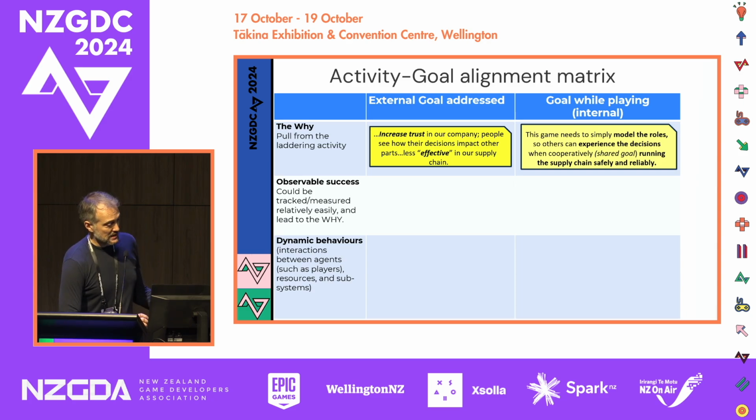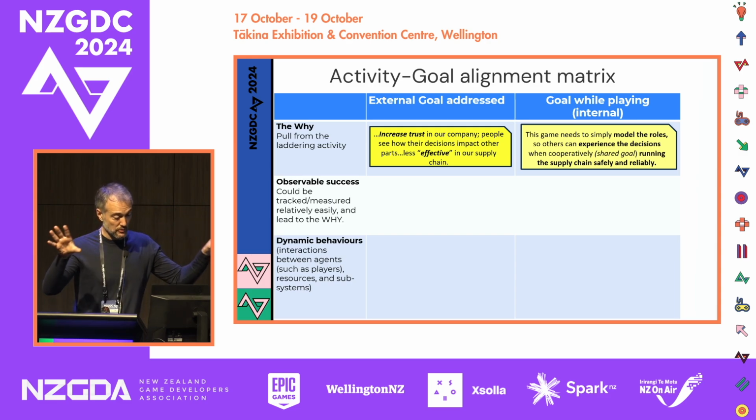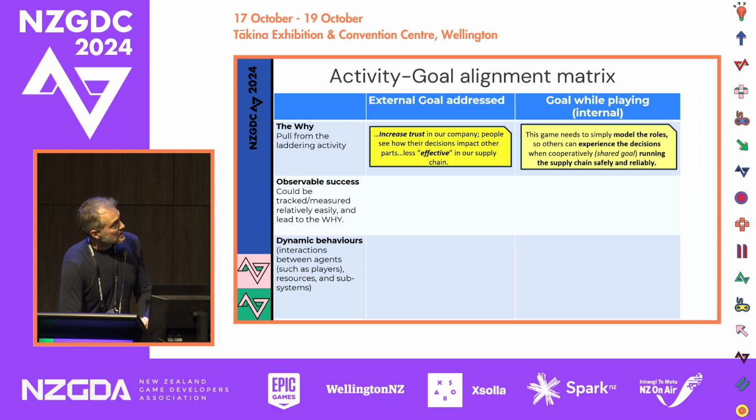Basically, outside of the game, we want them to increase trust in our company, right? That's an ultimate goal. And I'm not trying to say that playing a game is going to suddenly magically give them increased trust in their company. That's not what I'm talking about. I'm saying that there's a real world objective in the long run, a complex space where trust in the company is something that they want to raise, right? And in the game, all we want to do is simply model that.